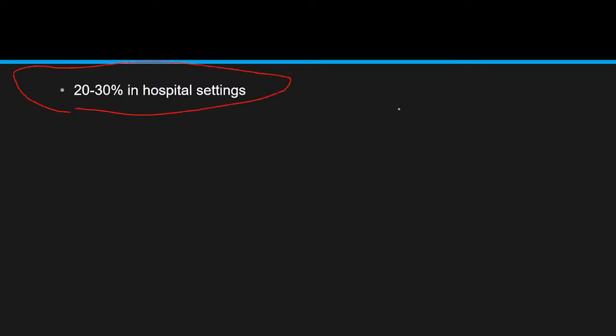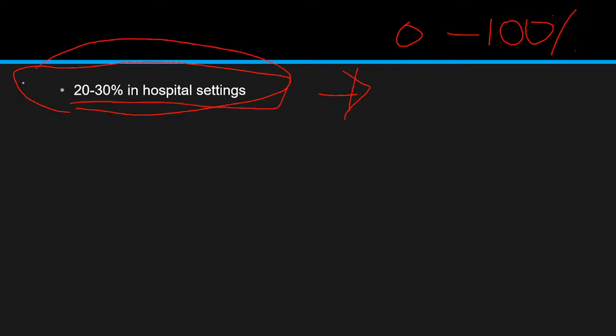Why 20 to 30%? It's supposed to be either 0 or 100%. Why not 0? Because there are some cases where the patient did not get checked for their RH type. If they didn't get checked for their RH type, that's the time when there will be complications preceding the pregnancy. For example, I think it's very common there in the Philippines for women to become pregnant and